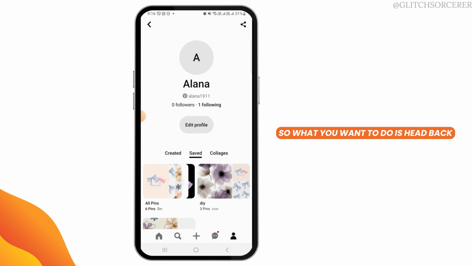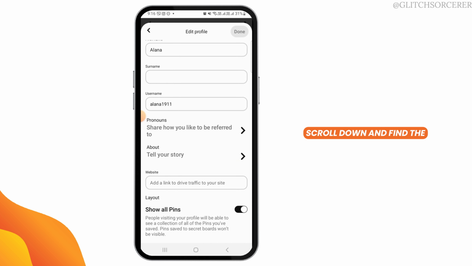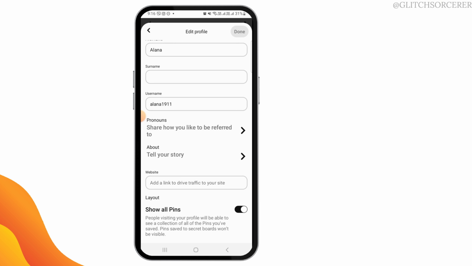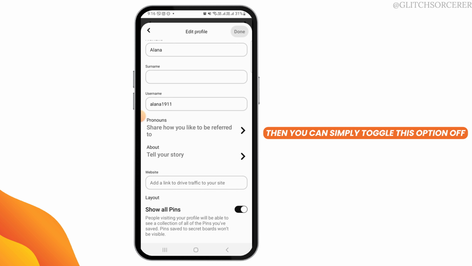So what you want to do is head back, tap on edit profile option, scroll down and find the option of show all pins. Now people visiting your profile will be able to see a collection of all of your pins you have saved. So if you do not want this to be shown, then you can simply toggle this